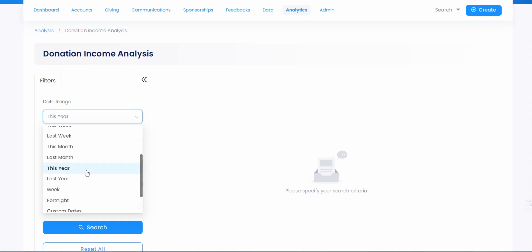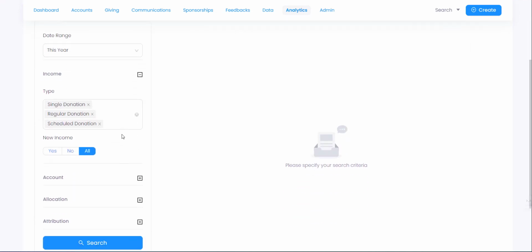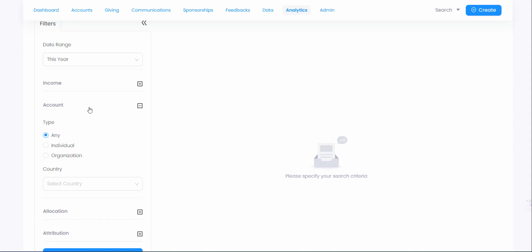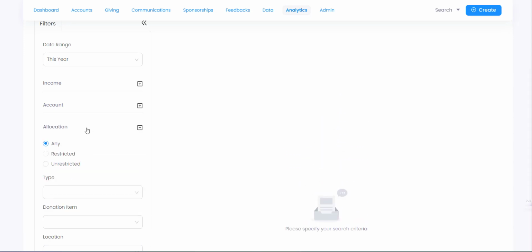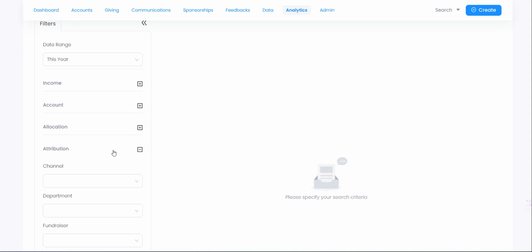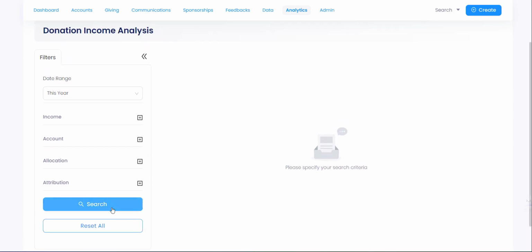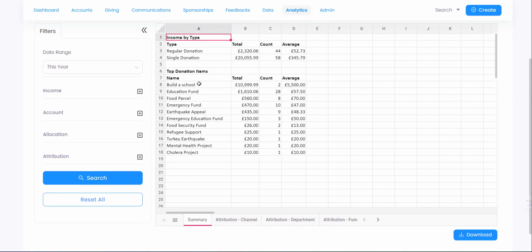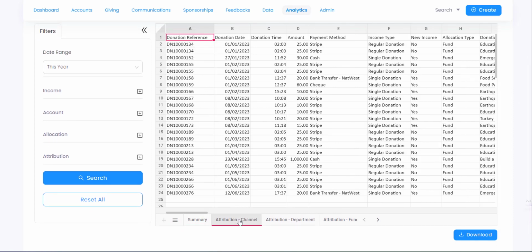and we can add various functions. So here, many of them are preset. We have types of individual organization, we have allocation types and attributions, so which attributions. If we press search, we can see now that we have a small report which is giving us for the past year where the income has come from and what it's for. So we see the top donation items, we can see the attributions. So for example,